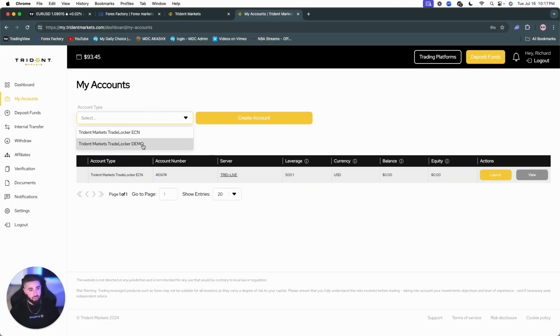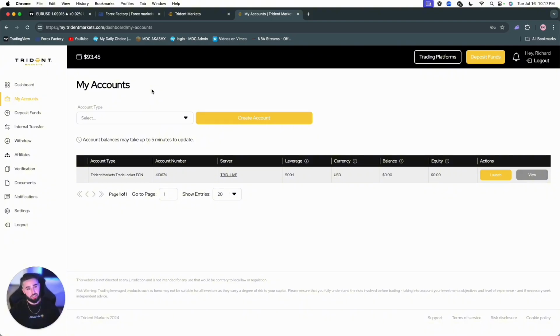It's going to be a demo account, and it's going to be what is called the ECN account. So the demo, very straightforward, is going to be your practice account. ECN is going to be the actual live account, all right? So if we are going to, for example, create a live account, the first thing we need to do is